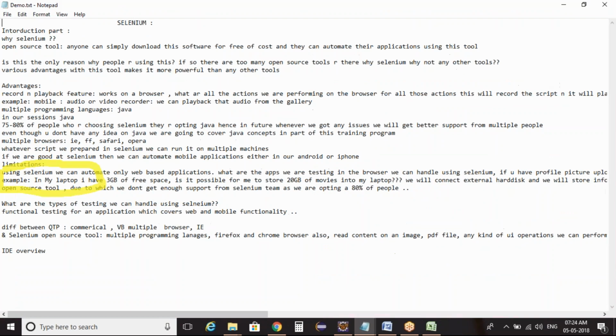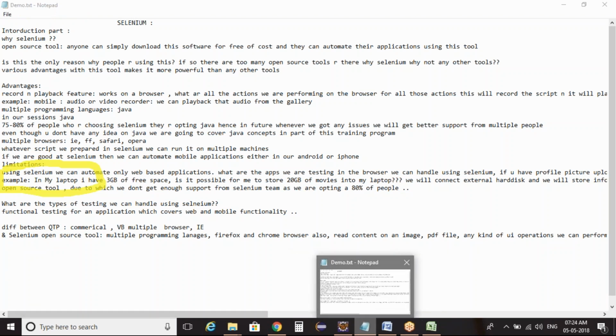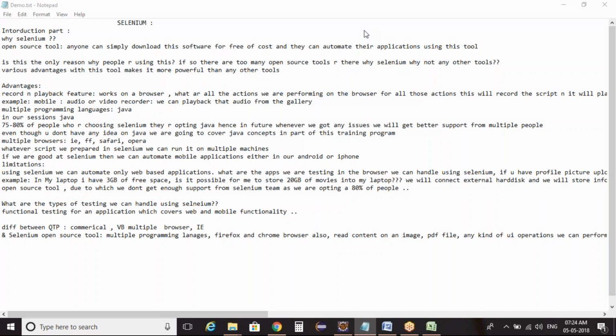So, another point we need to cover is a brief overview of what we are going to cover within this training program. Right, this is the most important thing which we need to know. So, after attending this training program, where I will stand, basically, we need to know that, right? Within this training program, we are going to cover topics, the first one,